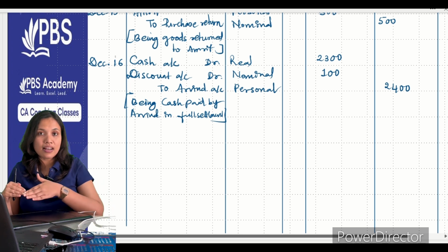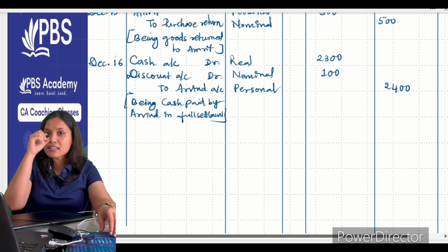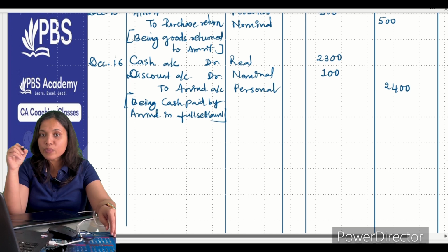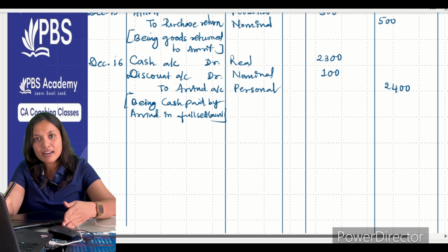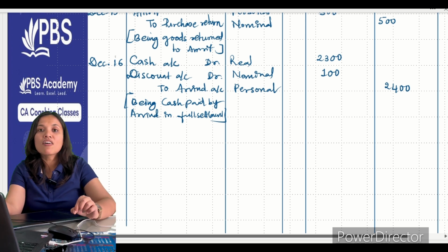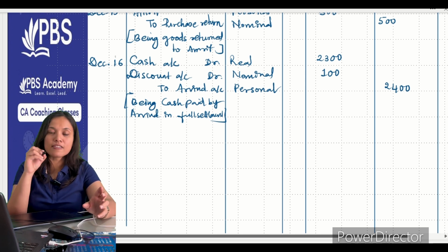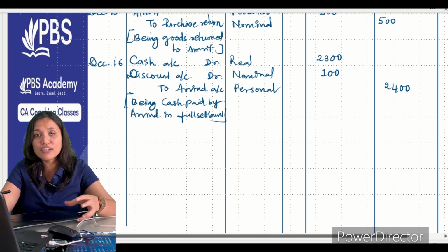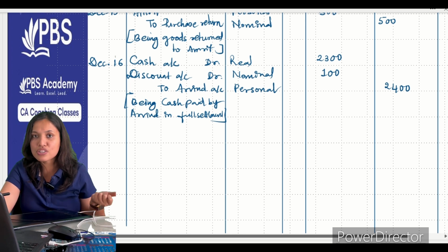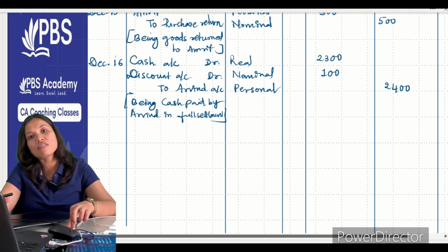So whenever there is goods involved, the purchase account is credited, and it is always at cost price. Please make a star mark and write down: whenever there is goods involved, you have to credit the purchase account and take it at the cost price. Clear? Journal, you have an important star mark note here. If any entry or transaction involves goods withdrawn or goods used, then you have to credit purchases, and that too at cost price.